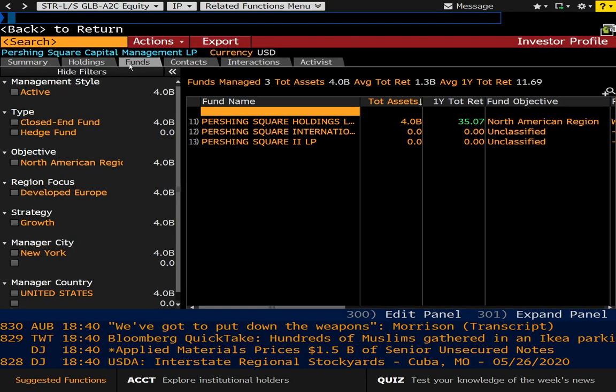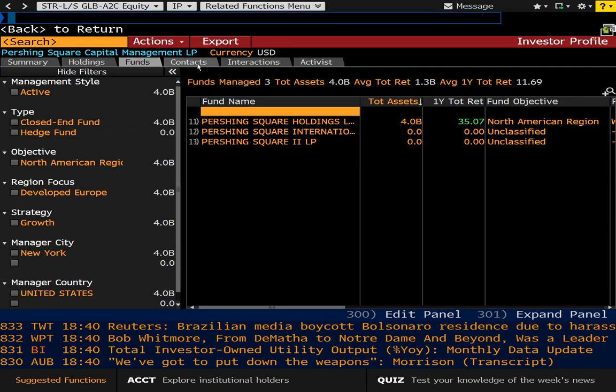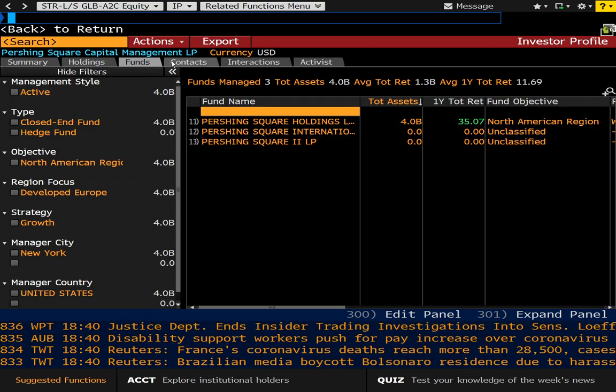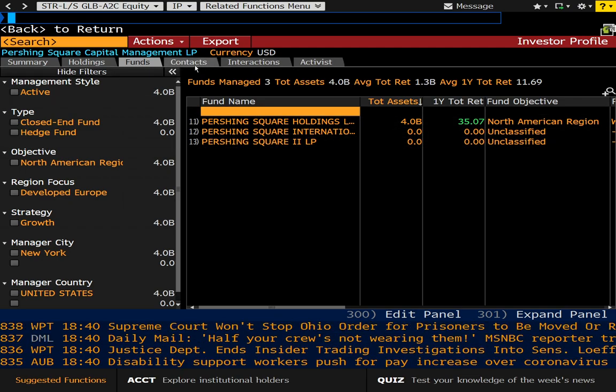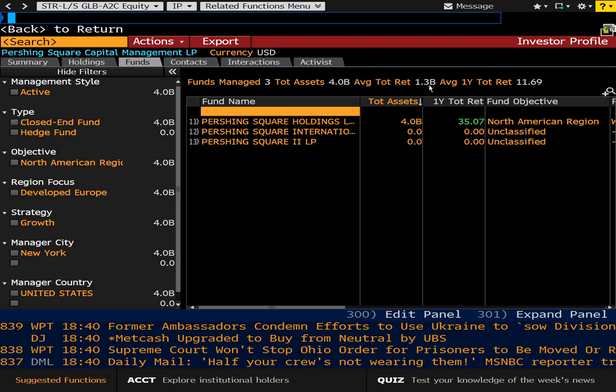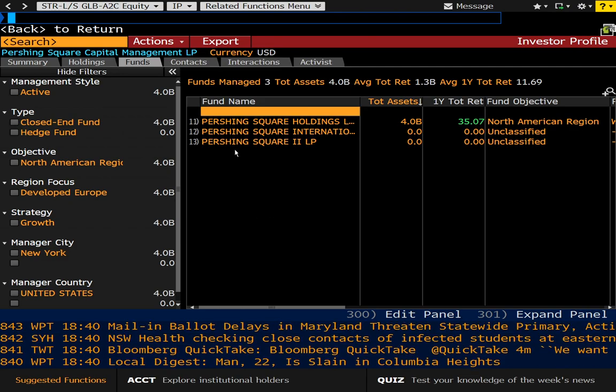There is a function here, or a tab called Contacts, and this is very useful if you need to get a hold of someone at a firm. Most of their traders and analysts are on Bloomberg, so I'm not going to click it because I don't want to reveal their names, but typically what I'll do is I'll come into Contacts, look for the person, and you can IB them, or you can message them right from that tab,